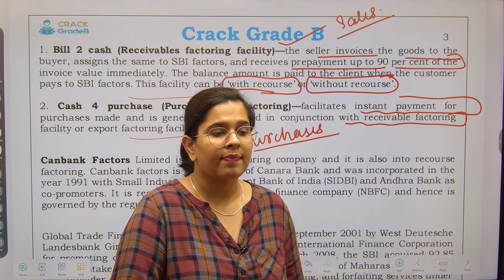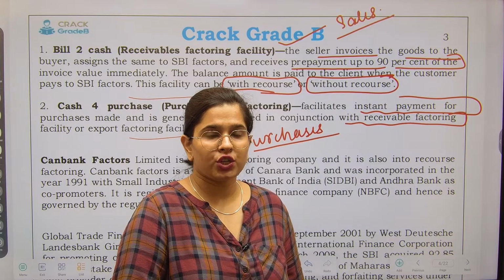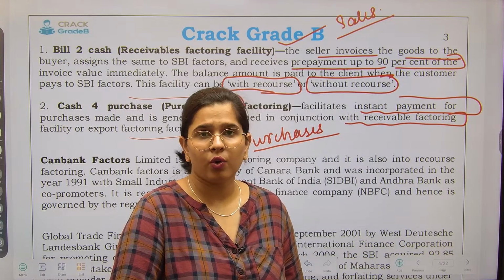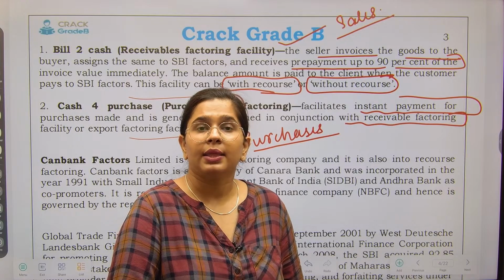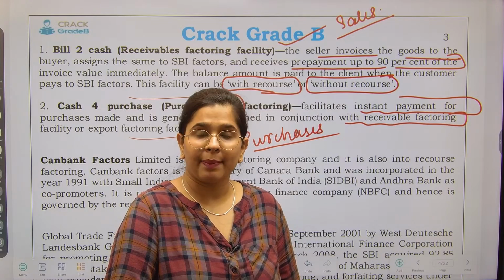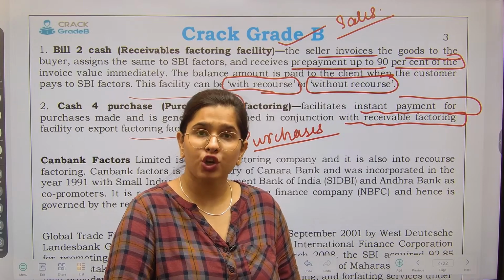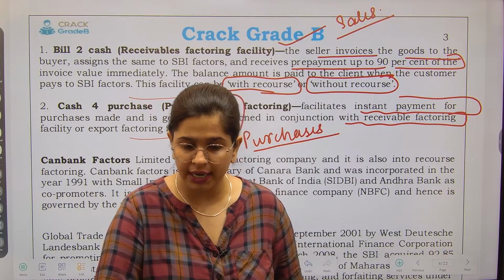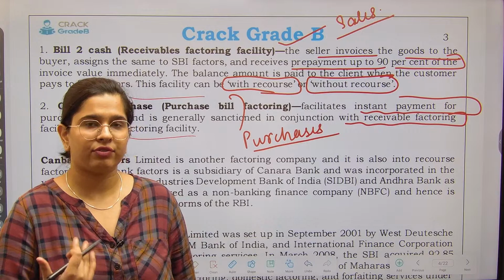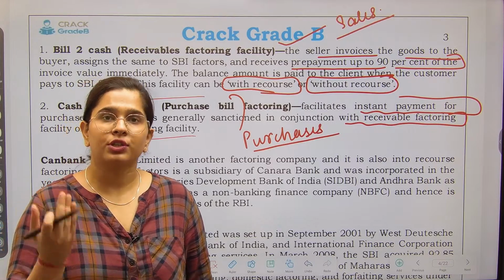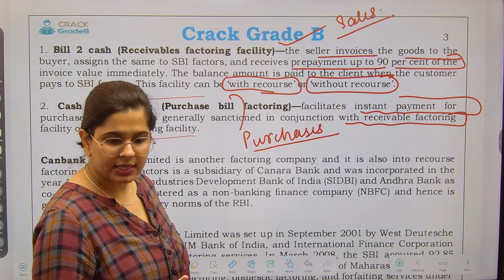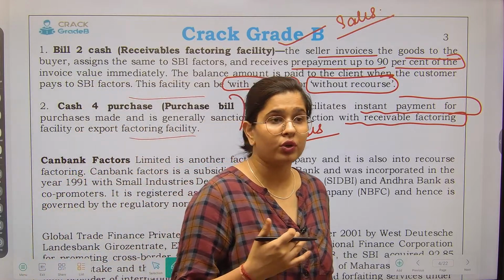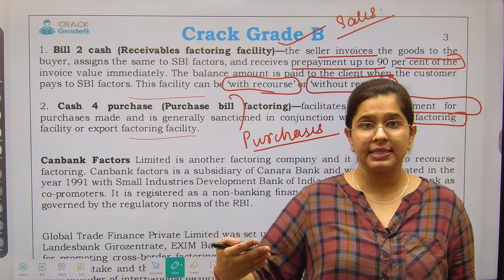AC unit, right? In this particular situation, did I make the payment? No, because I did not have any amount. Who made the payment? The bank made the payment on my behalf, because the bank is sure that it will be able to collect this amount from me after 45 days, right? So the same thing is happening over here as well. If you are purchasing something, you need to pay instantly.